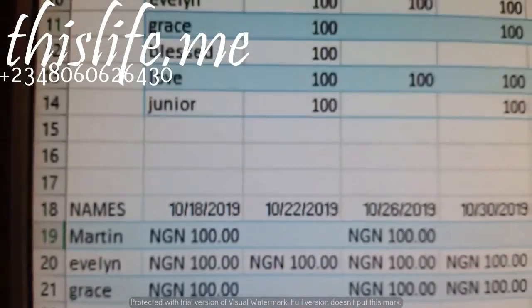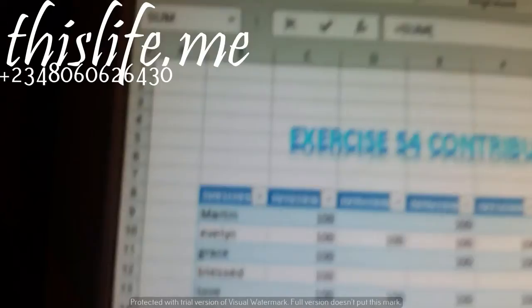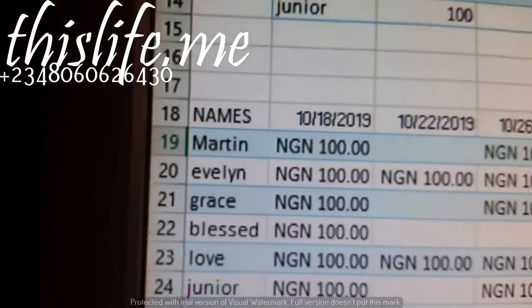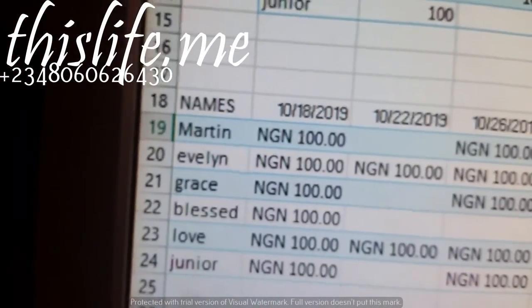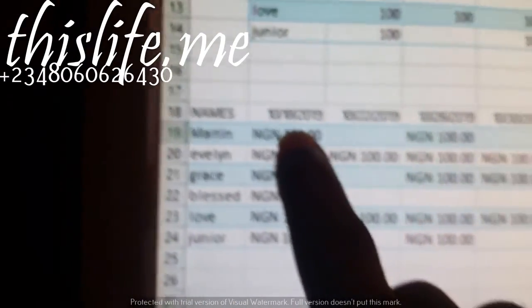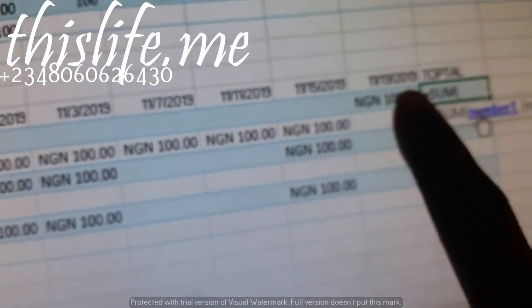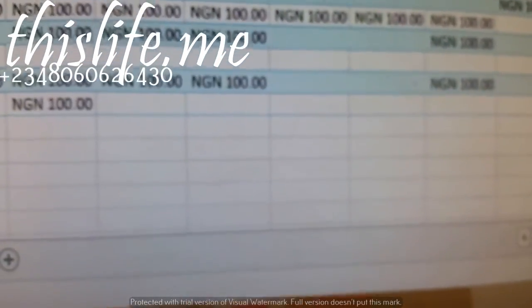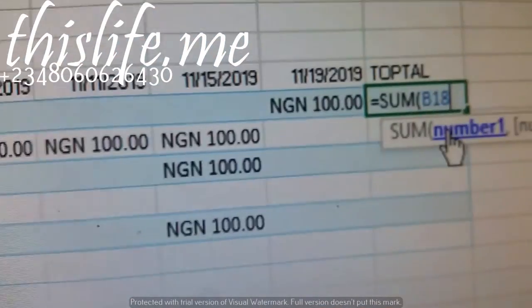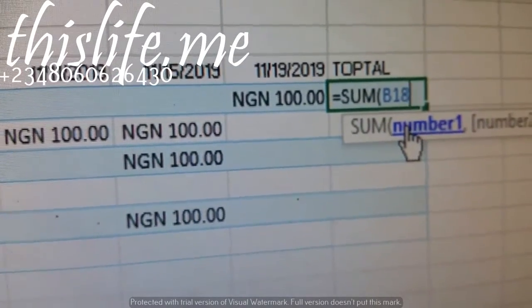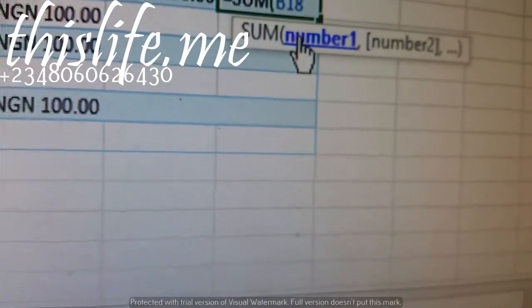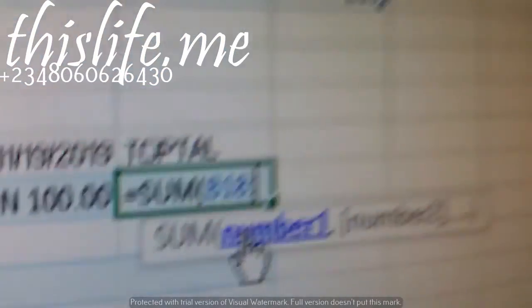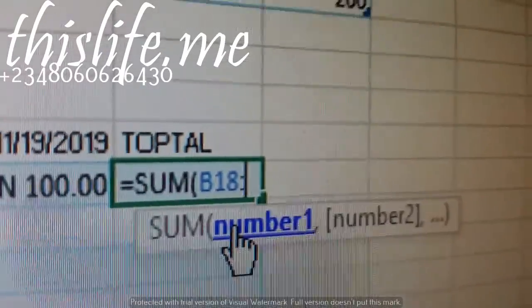It will start working from the first date of payment, which is B18, which is B19. It will start working from here and reach this place. So equals sum, open bracket, B18 to, as I explained earlier, to reach something you use a colon.